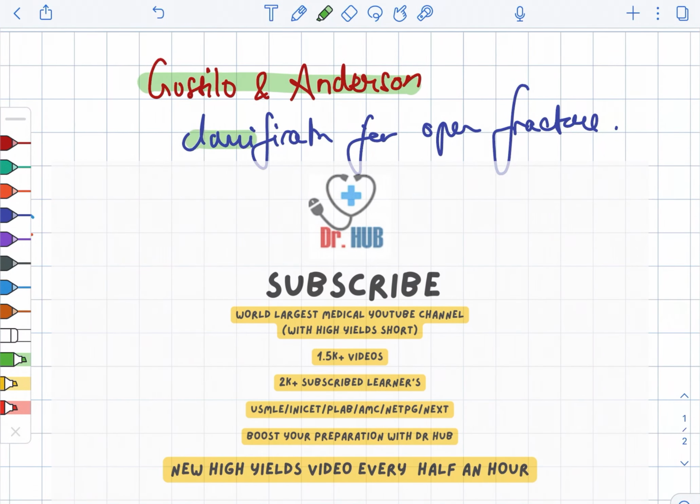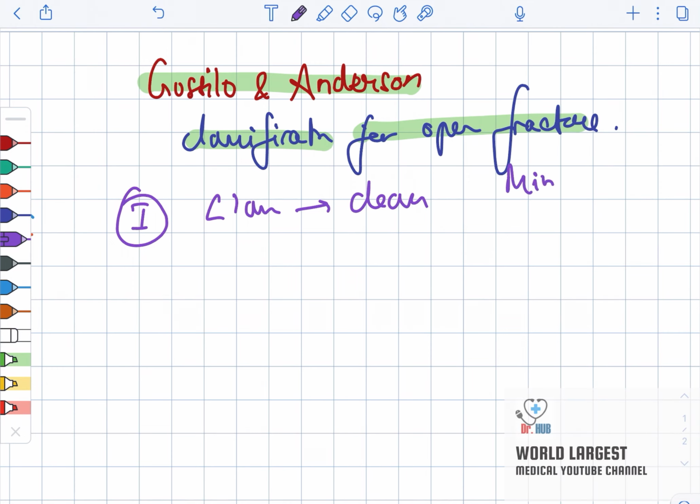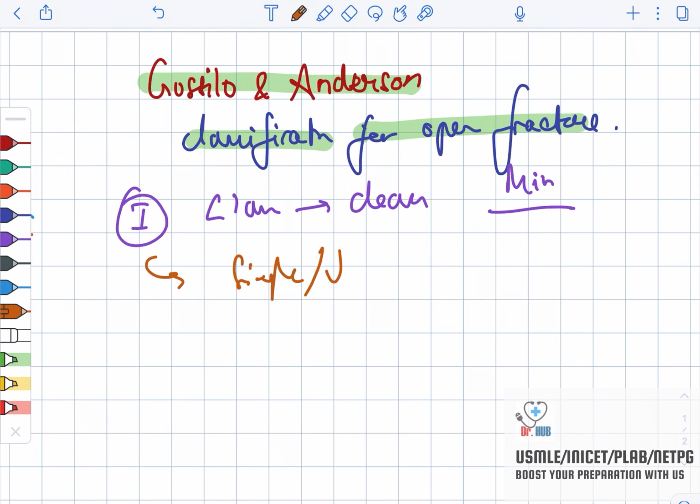Gustilo and Anderson classification for the open fracture. So this involves the type 1. In type 1, the wound is less than 1 centimeter. The level of contamination is low, and the soft tissue injury is minimal, and the bone injury, if you see, it is simple as well as minimal